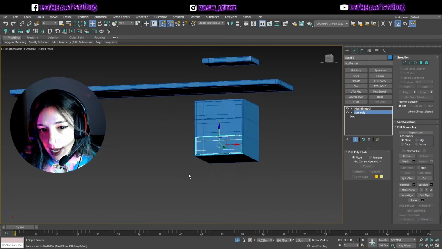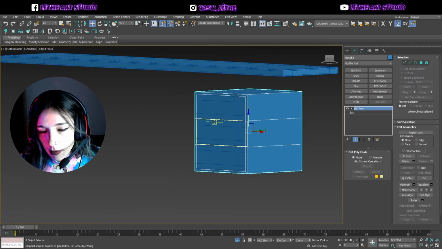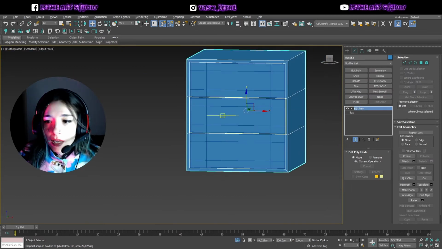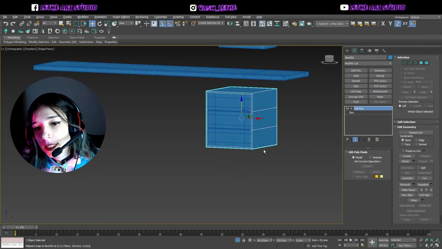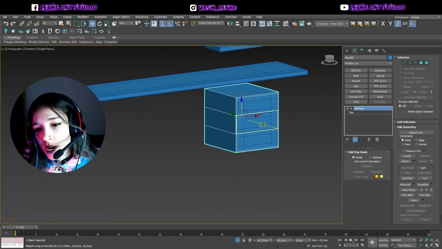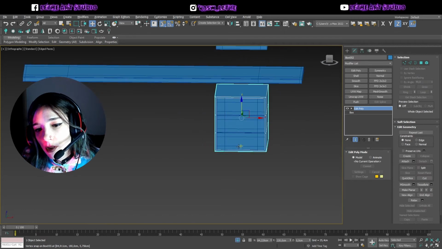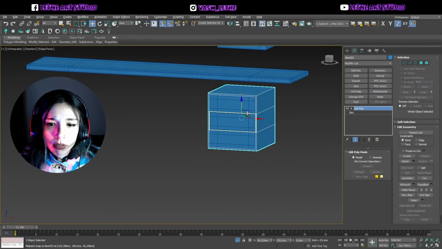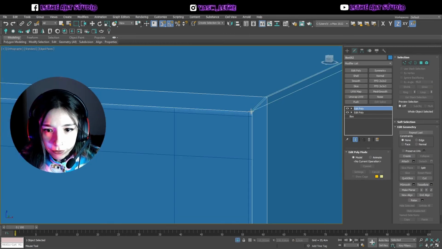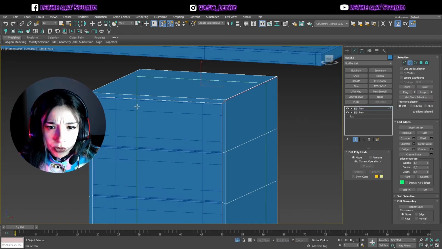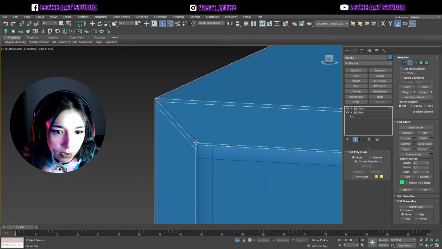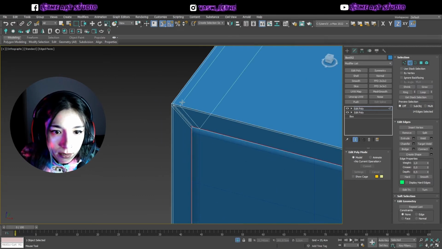This is okay. I think I would like to avoid using handles, but I don't know. Maybe we could use this element as a different color. Maybe we could use white, a white color here. And this